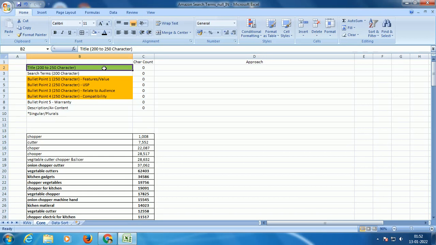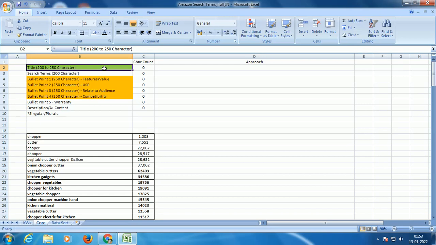So what we will do is firstly look into the title. For the title, we have a character limit. The limit is a maximum of 200 to 250 characters. We would generally have a title of 200 characters, because sometimes when you have lengthier titles, Amazon may chop it off, or a few of the words may not be visible.